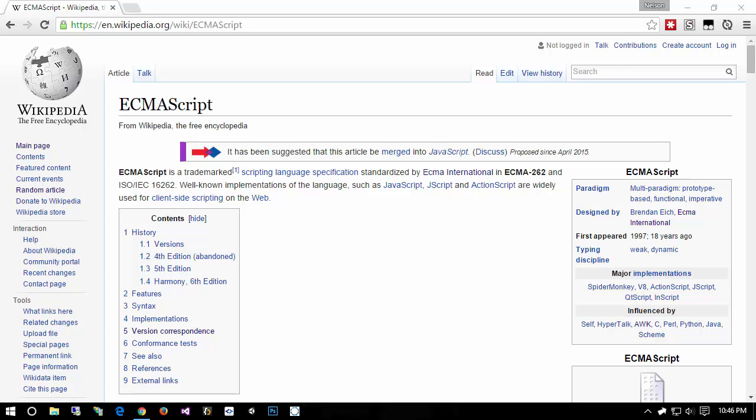Now, I've said ES6 and ECMAScript 6 so often that sometimes I'll slip up and not refer to it as ECMAScript 2015, but you should really get that in your head that ECMAScript 2015 is the version that we're going to be using. So I just wanted to avoid any potential confusion, because you'll see all these terms thrown around all the time, and